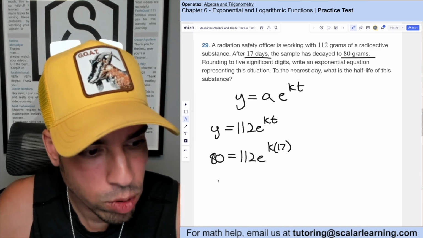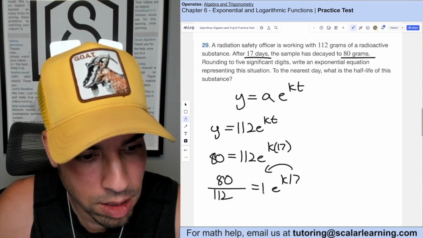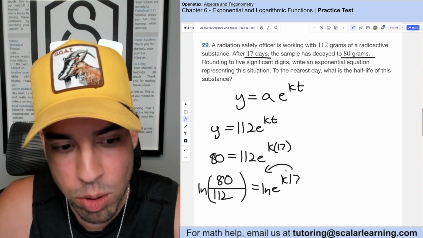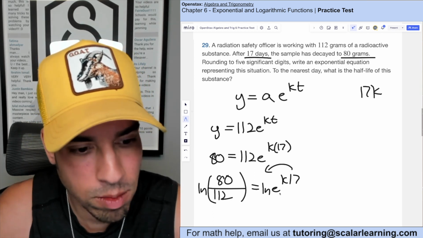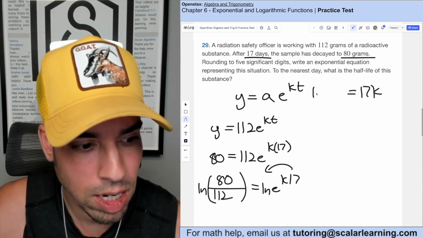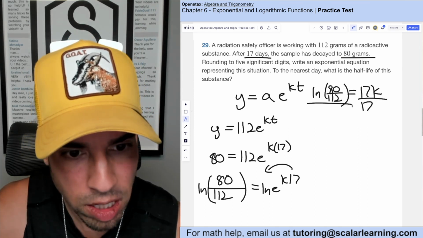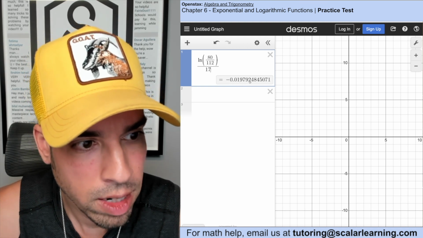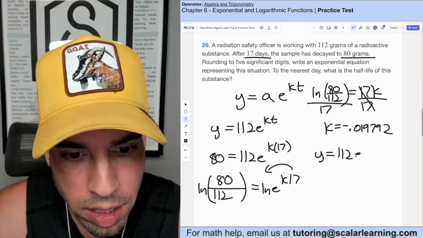So then we're going to divide both sides by 112. And then when we get to this point, to bring this down, we need to take the natural log, or any log really, but natural log is best because we got base e. We need to take that at both sides, and that allows us to bring the exponent down. So that 17k comes down, multiplies ln of e, but ln of e is 1, so that's beautiful. And then we got ln of 80 over 112 here. Last step, we're going to divide both sides by 17, and we're going to get a value for k. So we get negative 0.019792. So now we can write this equation out as y equals 112 e to the negative